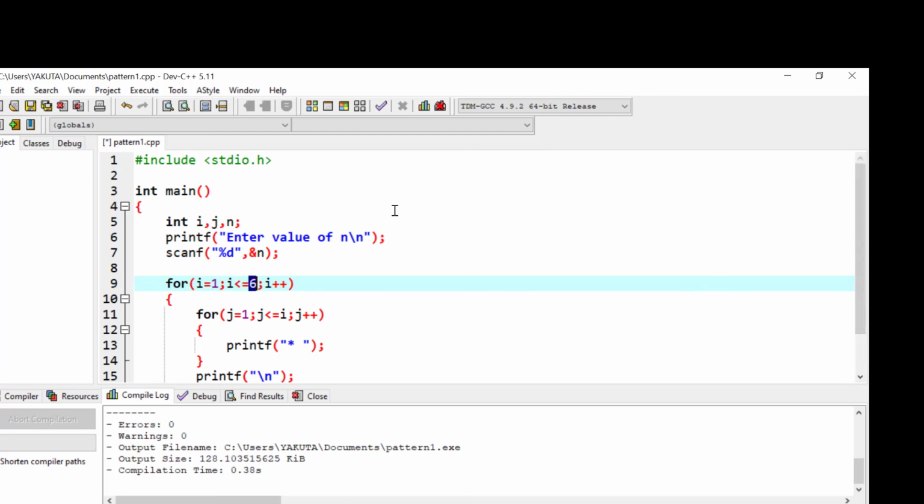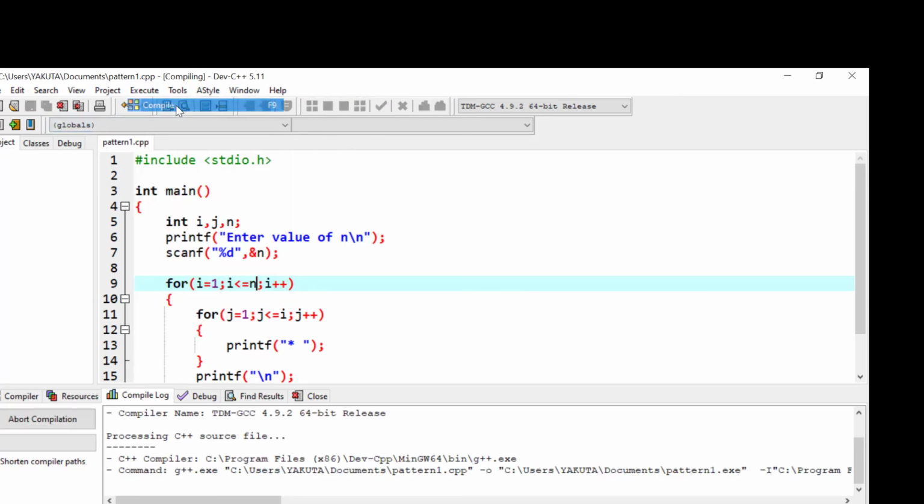So instead of 6, you can write n here. So whatever value of n you enter at the prompt, that many lines of stars would be displayed onto the screen. Save your program, compile it